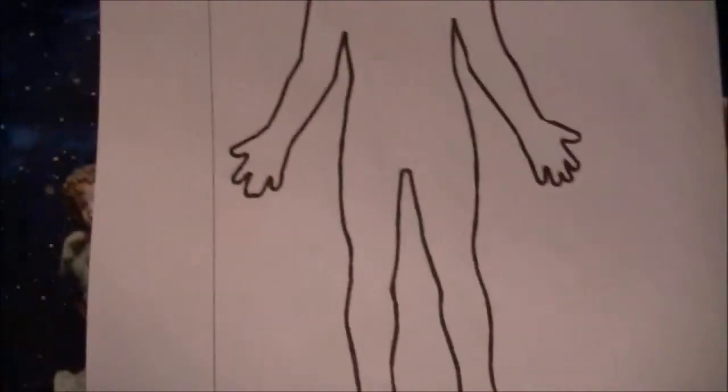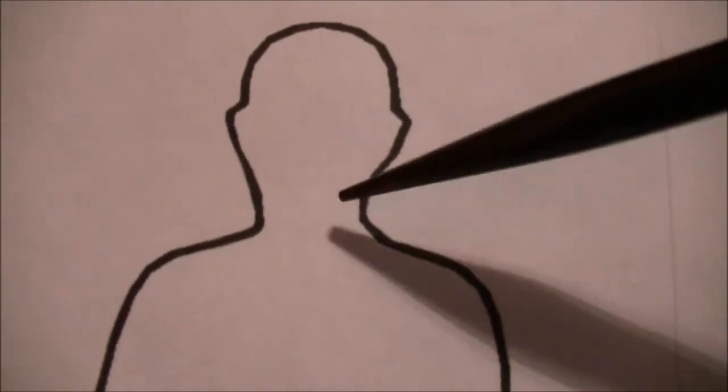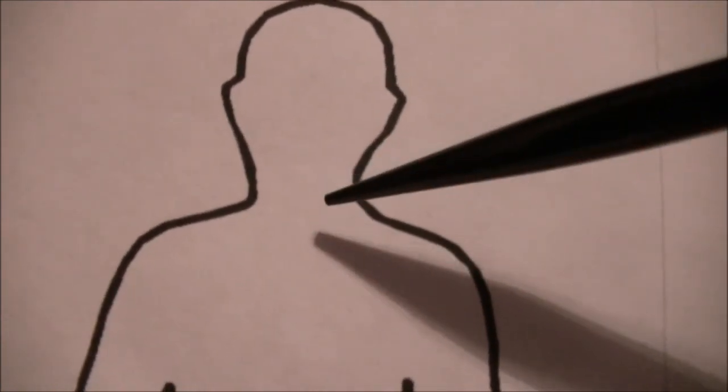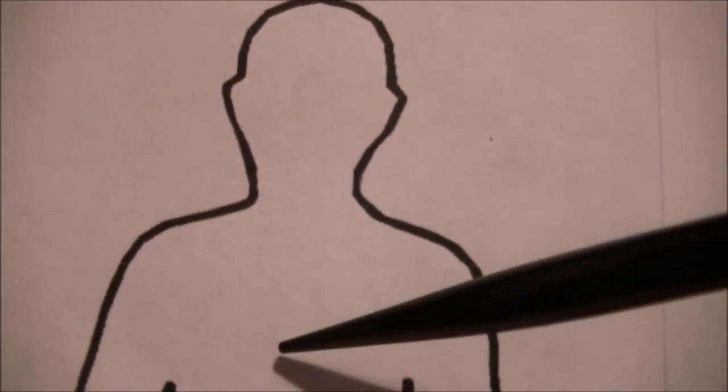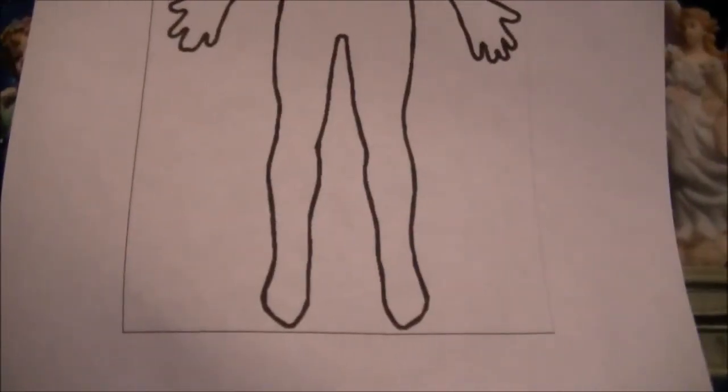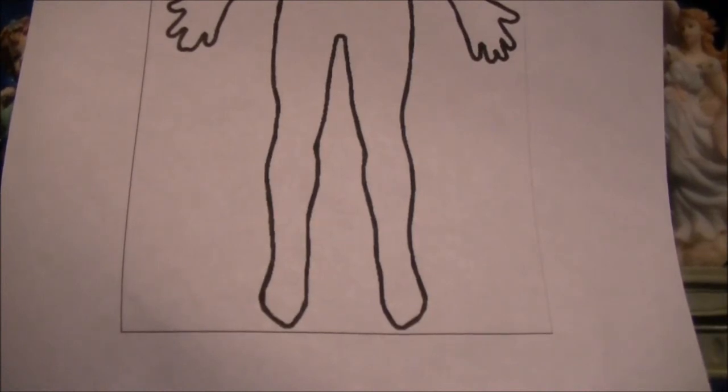Now, the one I saw earlier that we're going to jump back to, is right here connected to your throat chakra. It's right about there. So here's your third eye, there's your throat chakra, and your heart chakra is right down here. So here at your throat chakra, right now I'm not sensing who, but